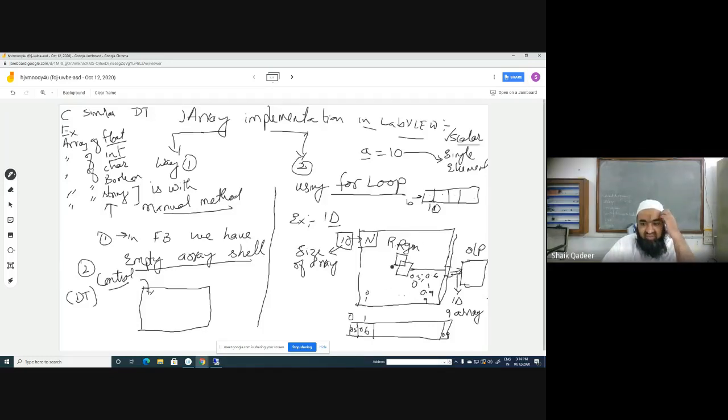Inside this, suppose we have a random number generator which is generating a single value in each iteration. In iteration number 0, it is generating say 0.5. In iteration number 1, it is generating say 0.6, and it is repeating, and at iteration number 10, which is indexed as 9, it is generating 0.9. Then if we try to accumulate all these values and put them in an array, it looks like this. At index number 0, 0.5, at index number 1 it is 0.6, and at index number 9 it is 0.9.